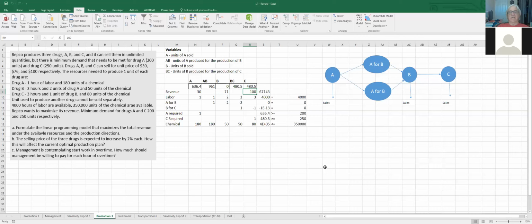And the question is that management is wondering, should they change now their production plan? So you have to check it with the simultaneous changes on the objective coefficients. So we have 30 plus 2%, this plus 2%, and this plus 2%. Take a ratio when you divide it by the